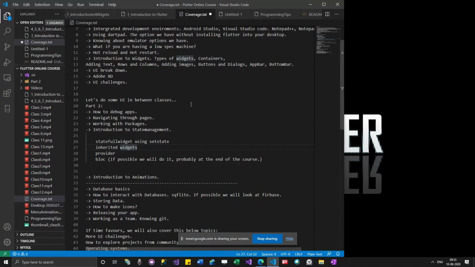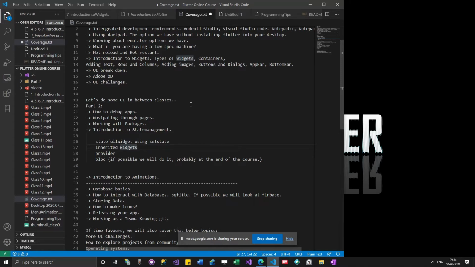So inherited widgets are the way to go, but the catch here is, we will just learn what is meant by inherited widgets and some examples, but we are not going to use them in our apps. We are going to use some more advanced topics for setting the state. As I said, inherited widgets are more about accessing the state rather than setting the state.